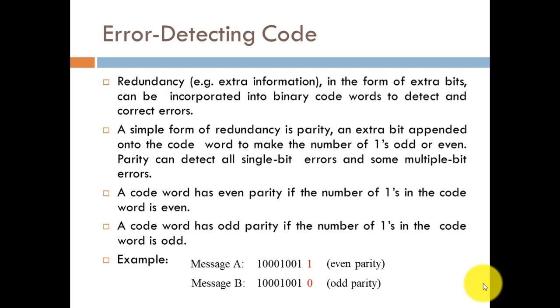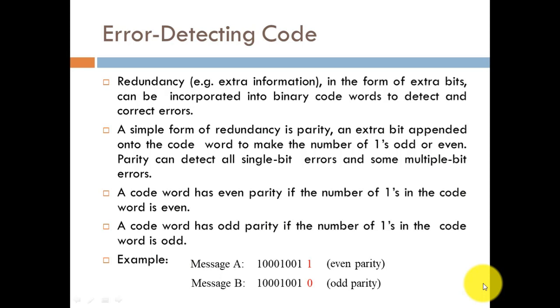Suppose you are transmitting your information with even parity and one digit is altered or changed, that is, it goes through an error. At the receiving side, when you compute the same parity, the even parity will become odd parity, or if you transmitted with odd parity, it would have become even parity. So this signifies that you have received an error in signal reception. This mechanism is used for detecting whether our signal transmission has gone through an error or not.